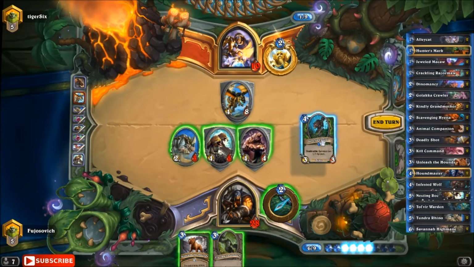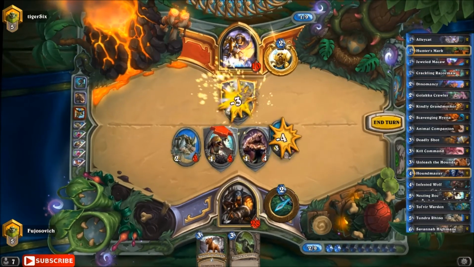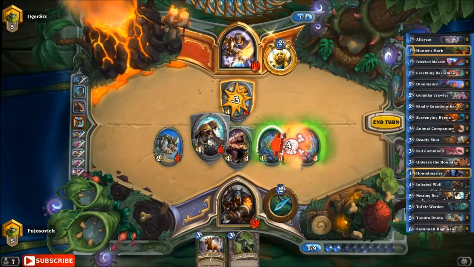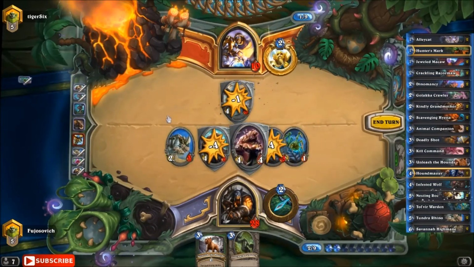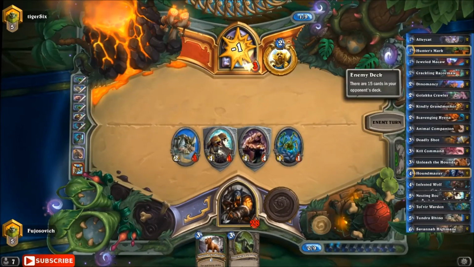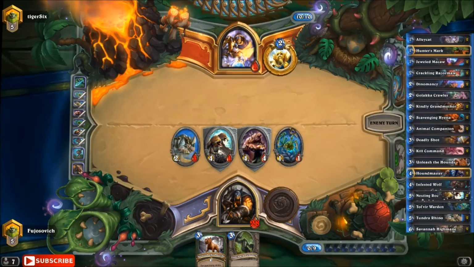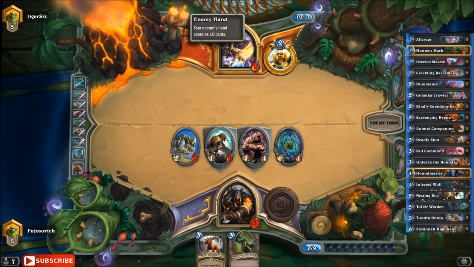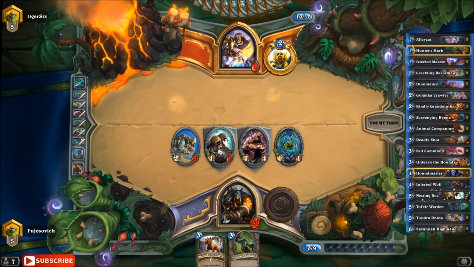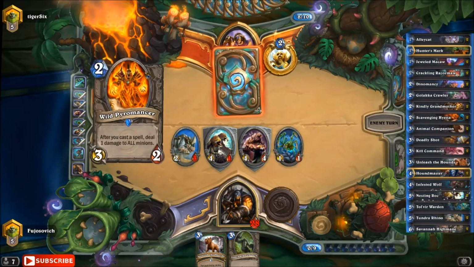3, 4... Yeah, let's see how this goes. 3. Keep our minion alive. Push through this way. Got the opponent down to 1, which is pretty good. Unlikely to be able to clear and heal up, although there could be some sorts of combinations of a taunt and healing. But I really doubt that it's going to be a board clear and a...